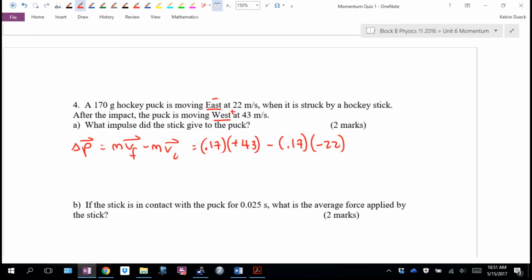You don't have to. You could let east be positive always and west be negative always, and there's some value in that because that's kind of what we're used to, and that way you won't trip on your brain. And I totally respect that method too. I'm just a nerd and I don't like negative numbers that much, so I'm going to get rid of it. And I get an impulse of